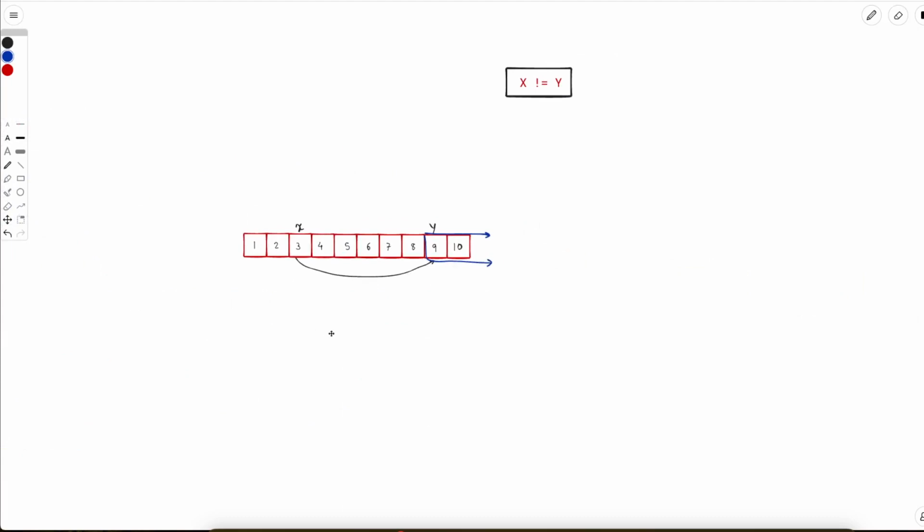Now we have taken care of all these elements. Now these elements remain, right? What will be the effect of this road on these remaining elements? Now notice two things. One,